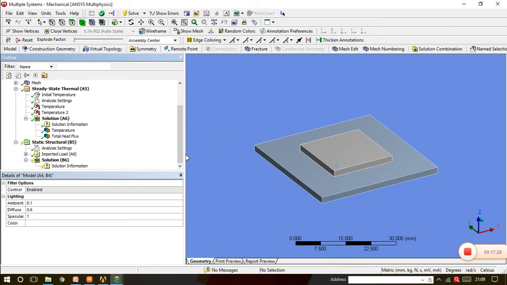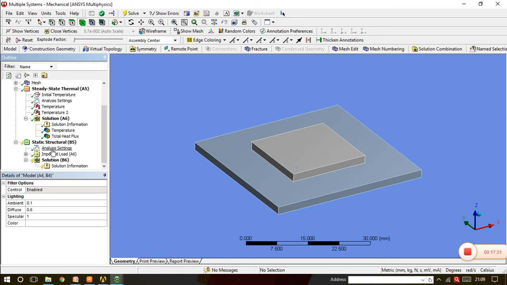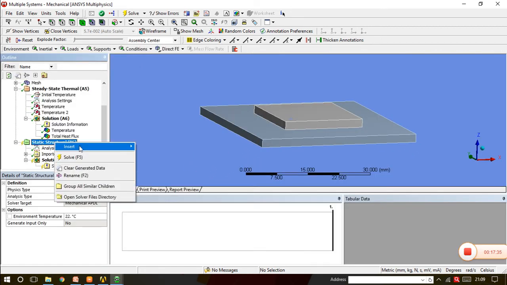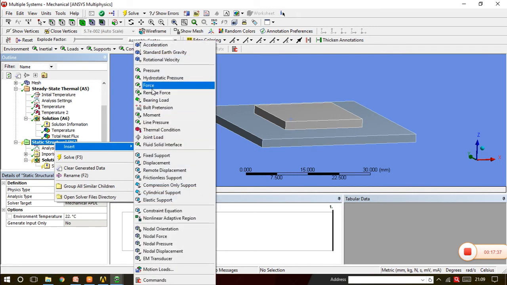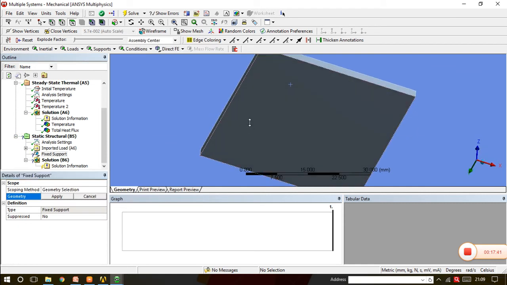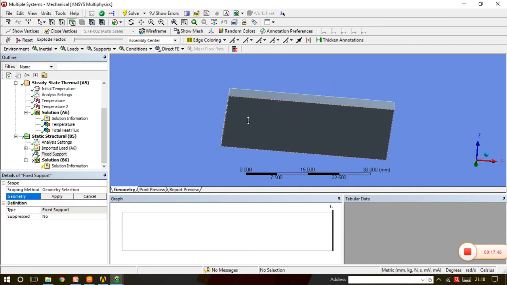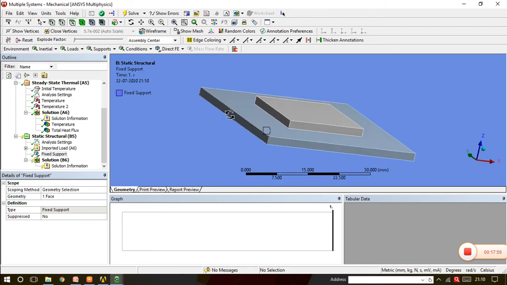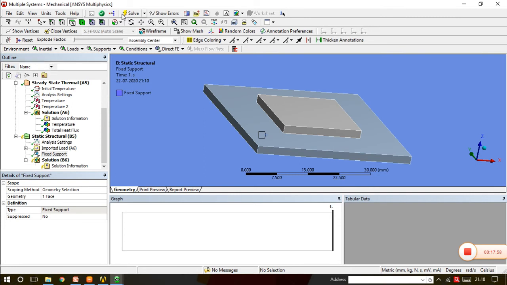Now the load is imported from the steady state thermal. What we have to do, we have to only provide the boundary condition, that is we have to fix it at the bottom. So we have to provide this particular thing fixed at the bottom, and ask for the solution.